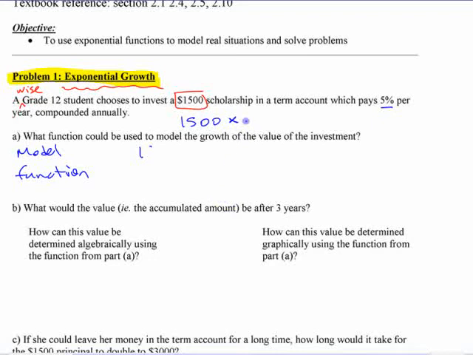What are you multiplying by? Yeah, you're multiplying by 0.05, but that's going to give us just the interest. If I multiply by 0.05, that'll give us how much interest we have, $75 or something like that. But I want to get the final answer. I want to get the total. At the end of 1 year, I have the 5% interest, but I also have the original amount, right? At the end of 1 year, I don't just have 5%, I have